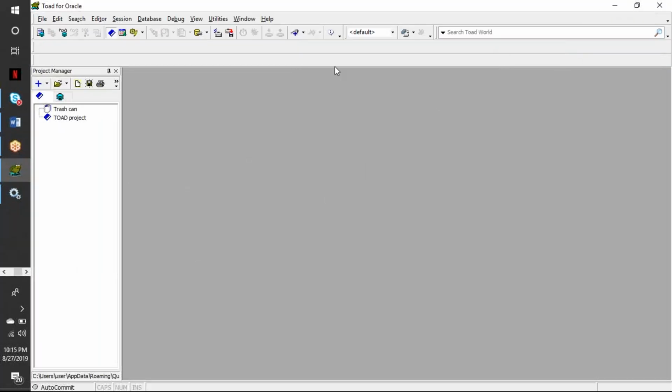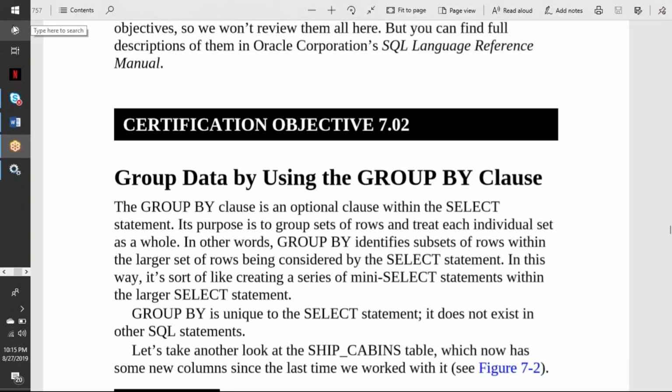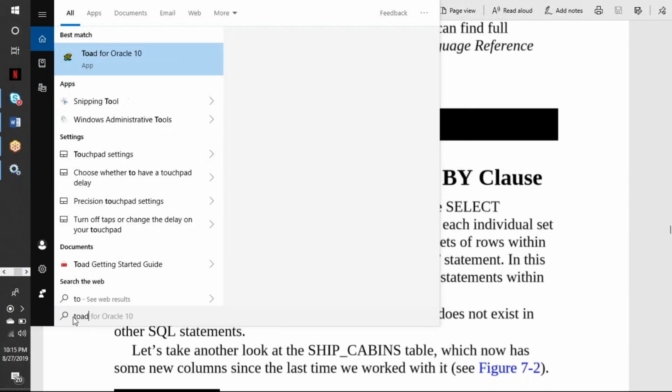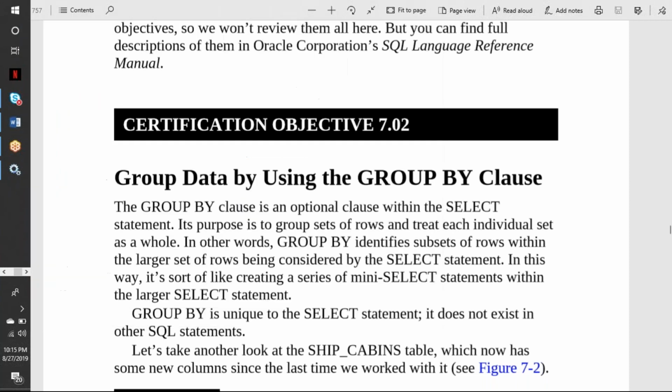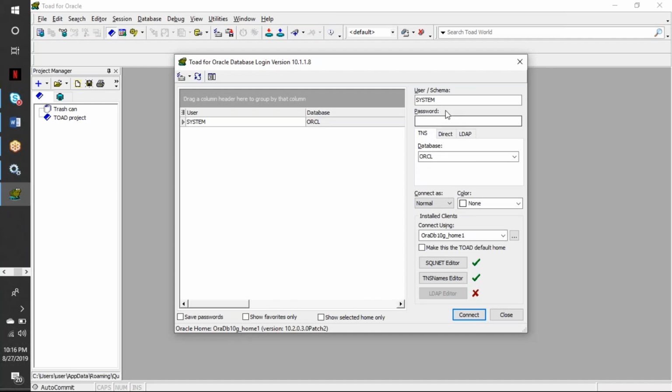Close this window and open it again. Shamim, let me know if you also face the same issue. No, I was able to get connected. Okay, fine, great.